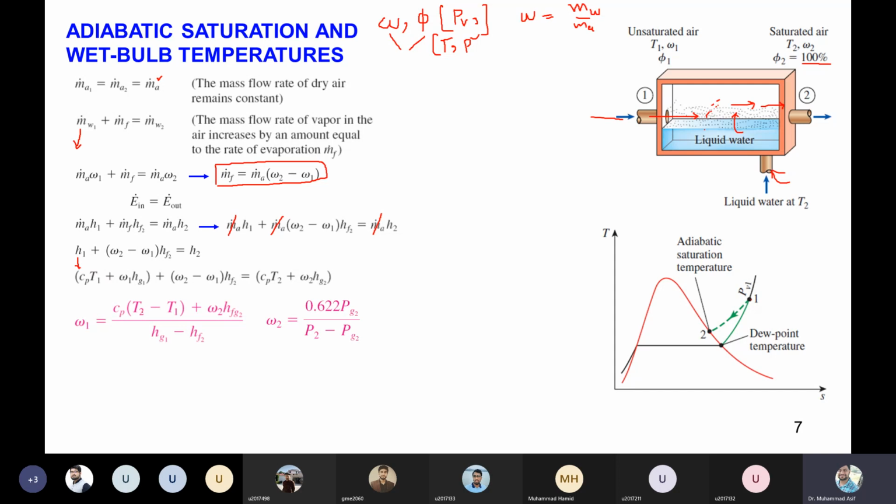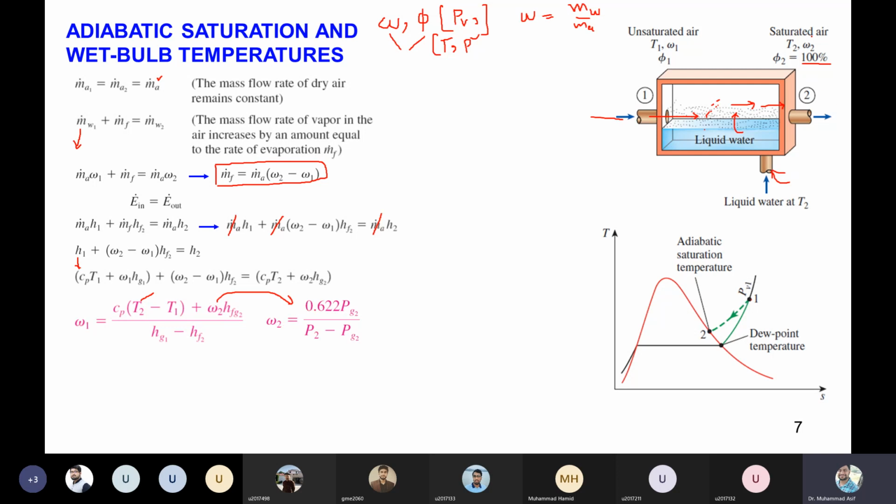So this is a function of the temperature only. How is it a function of temperature only? I mean, what is T2? T2 is the temperature of the saturated air, right? T1 is the temperature of the unsaturated air, right? And what is omega 2? Omega 2 we can calculate from the previous formula. As you know, omega 2 is basically